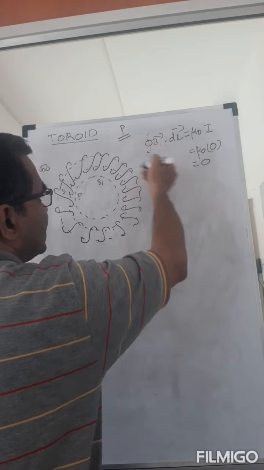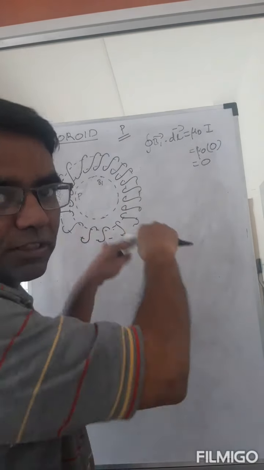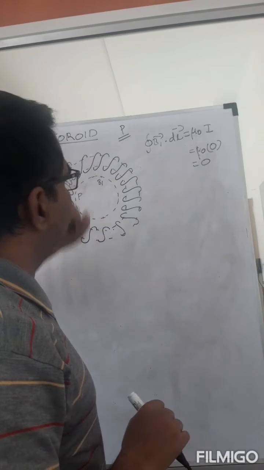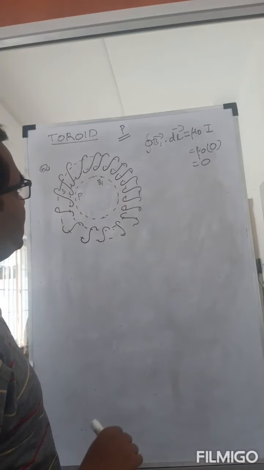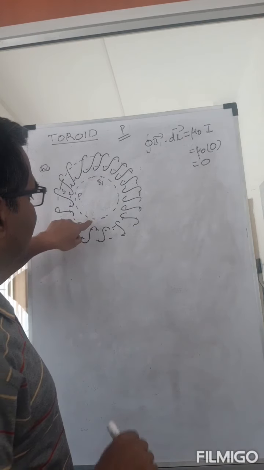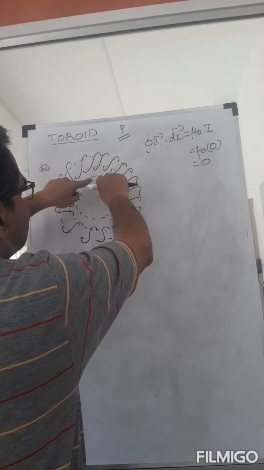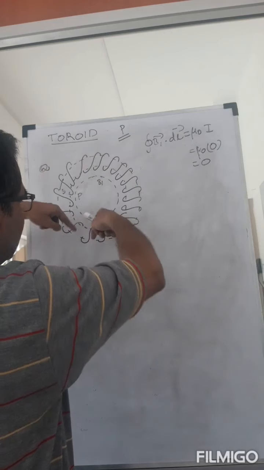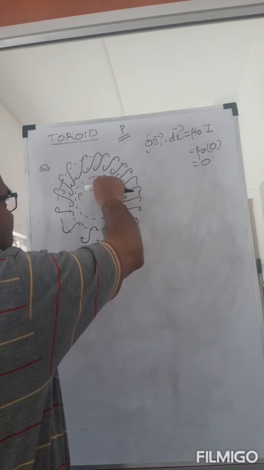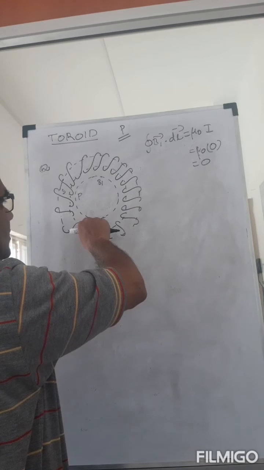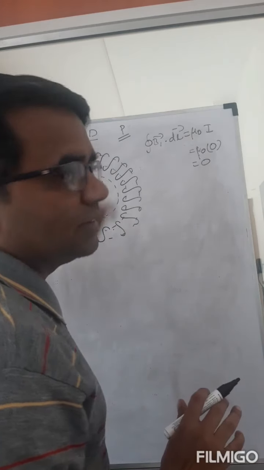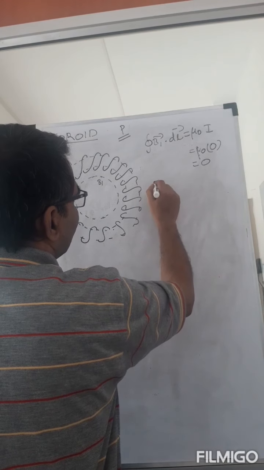So the integral of B naught dot dl will give me 0, because there is no current piercing through this open surface. By symmetry, B1 must be the same here, because there is no preferred position. This B1 is affected by these turns and also by these turns in the same way as B1 here would be affected too. So B1 must have the same value along the surface. So if I take that B1,